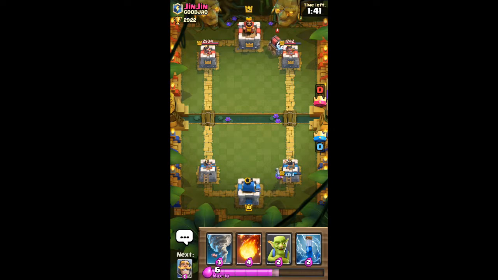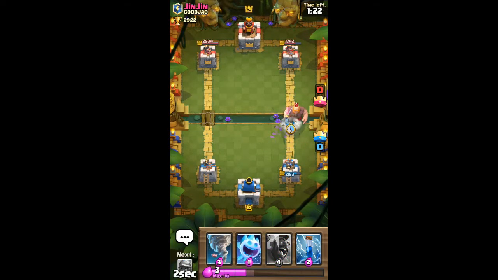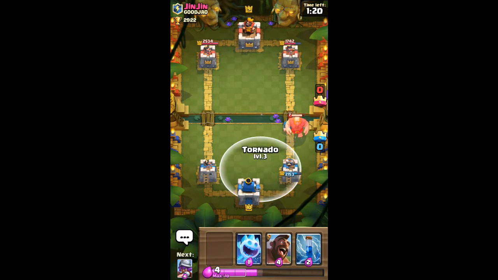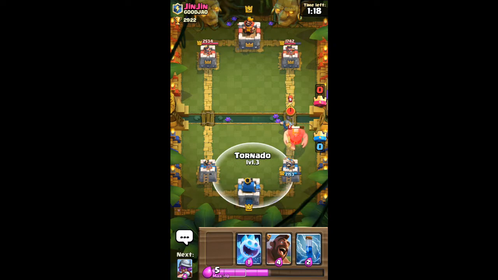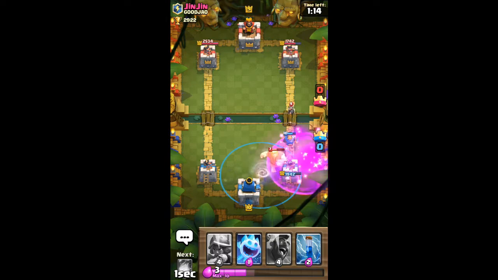So if you want to get that extra last hit from that tower to win, what you want to do is zap the tower and the neighboring troops, and that will stun the troops for 0.5 seconds and you get that extra hit, and that will make you win. So as you can see, I activated the king tower, but the bomber has brought down the